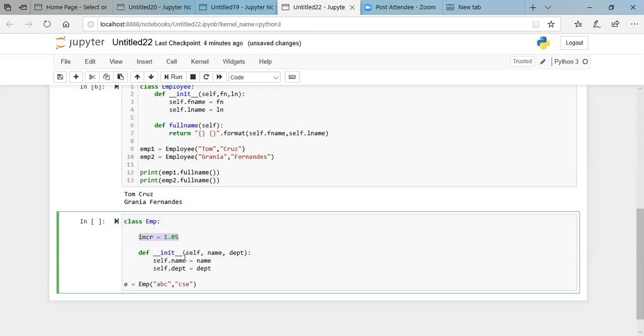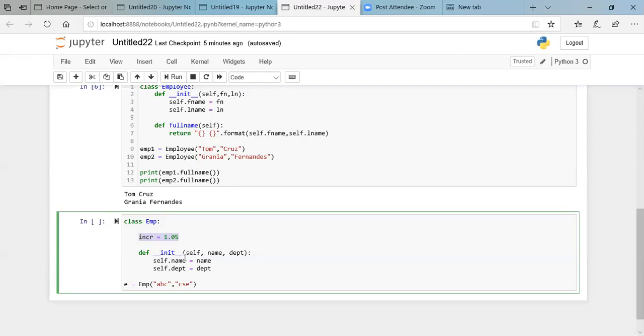An example is the case of an employee. Employees will have different employee IDs, different names, and so on. But let's say the company is planning to give a fixed percentage of raise every year. The company has decided to give 5% of raise on whatever salary the employee currently has.